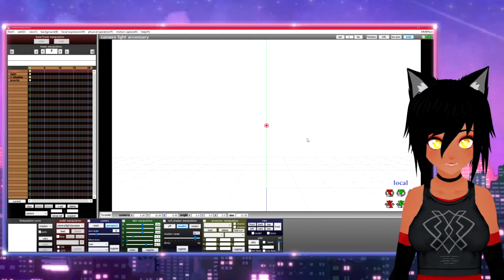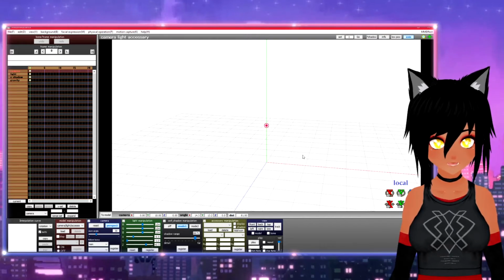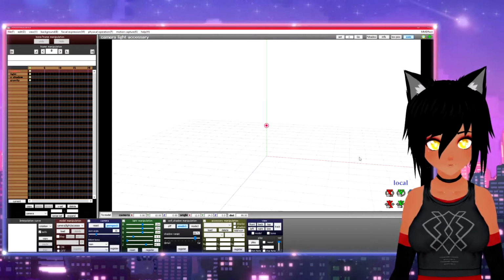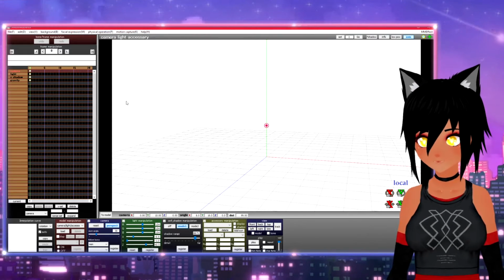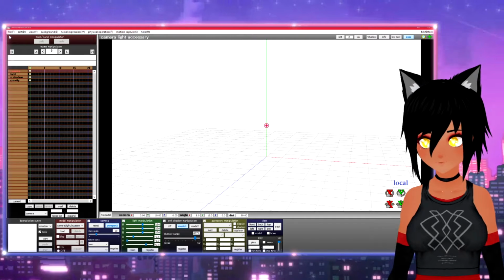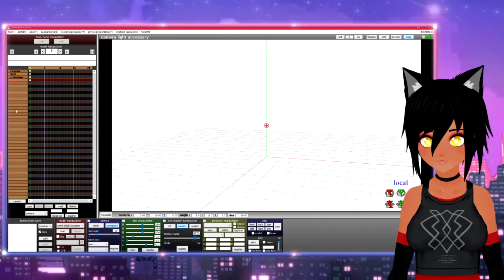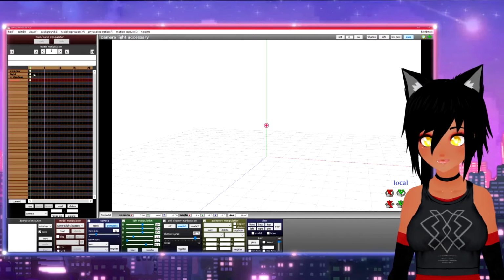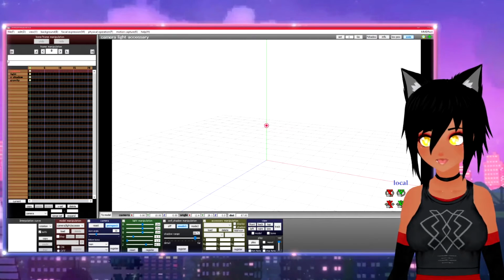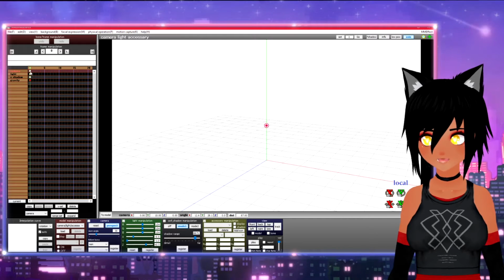This is your MMD interface. This main screen right here is pretty much your workspace. It's how you see what you're working on. Pretty self-explanatory. This over here on the side is the timeline. This will show every kind of part that you have in the scene right now, because every part will have its own timeline. That's how you animate everything. We don't really have anything right now, but this is the timeline. This is where each of these little diamonds will pop up and represent a keyframe.